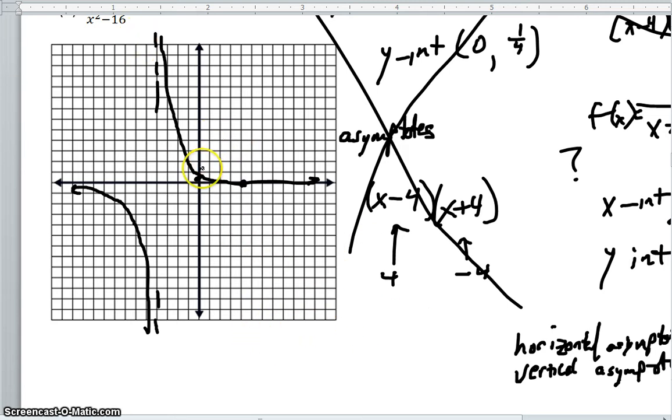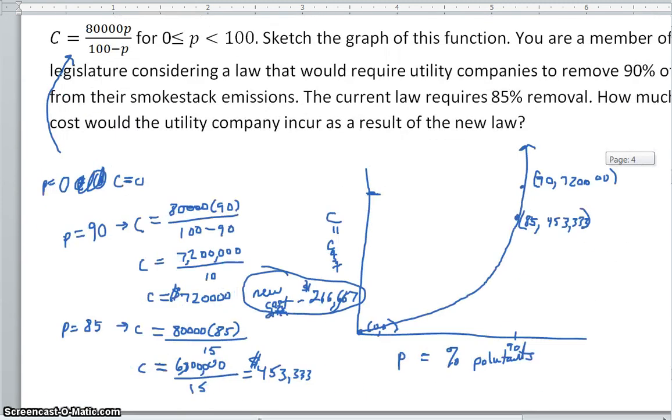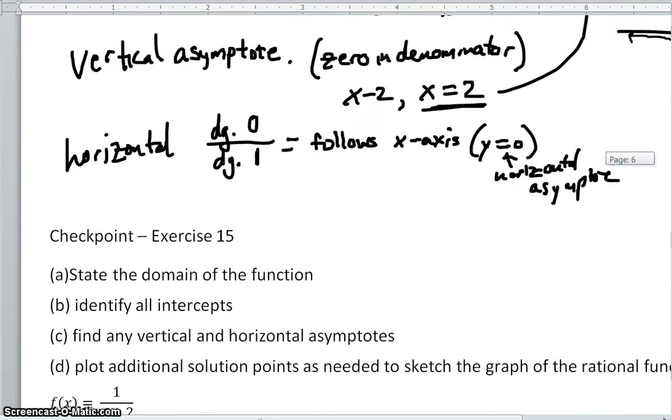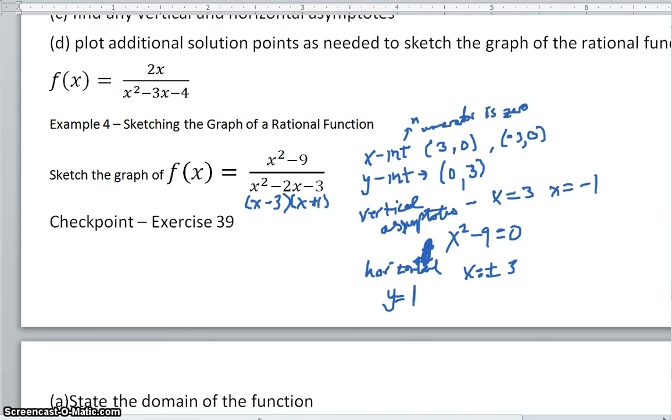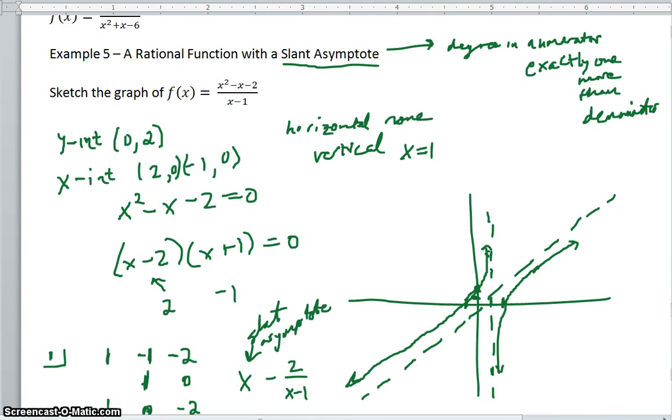And again, what I would suggest you do, if you don't have a graphing calculator, is just pick a few points and plot them on either side of the asymptote, or multiple asymptotes if you have them. For instance, if we have one, I'd pick a couple on this side, a couple on this side, and then get a picture for what it looks like. Beyond that, I think